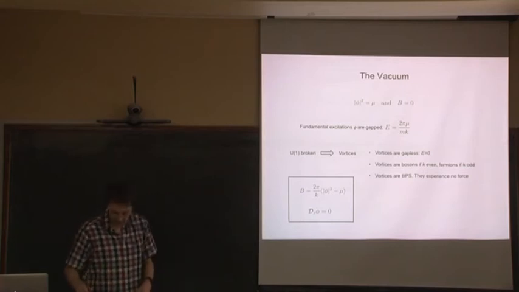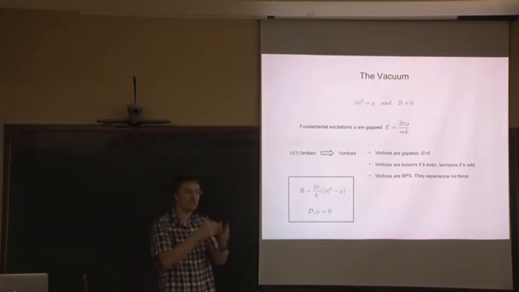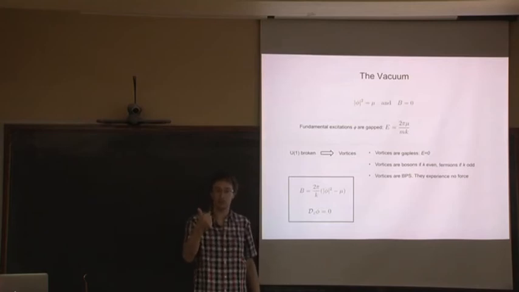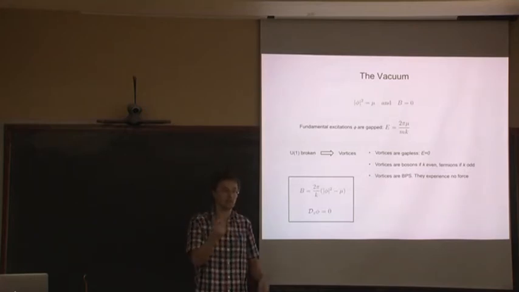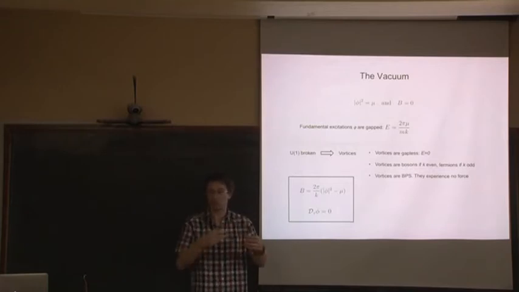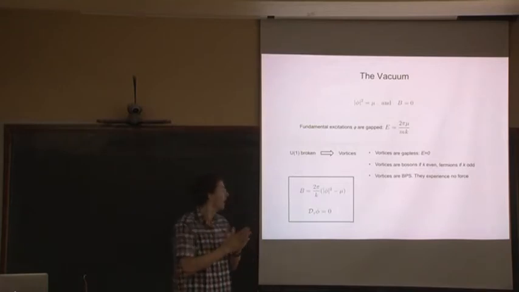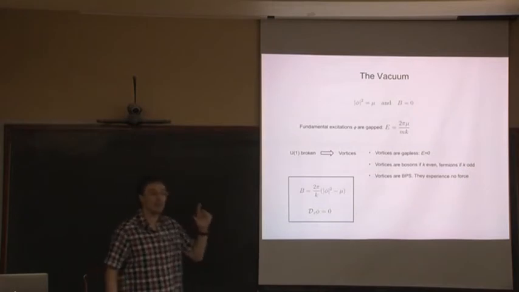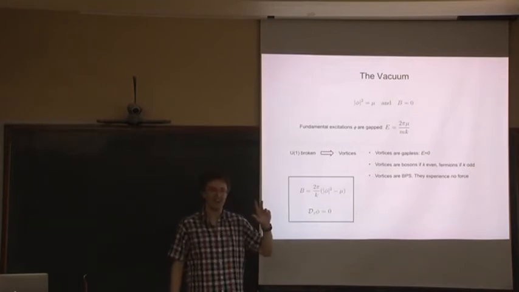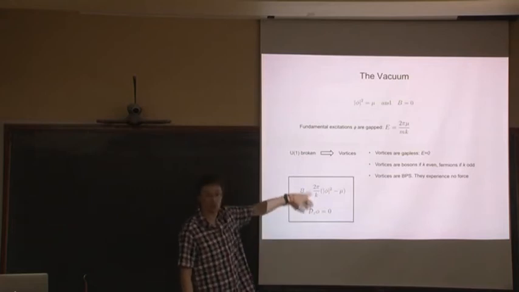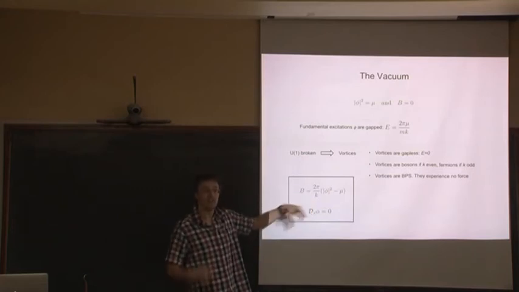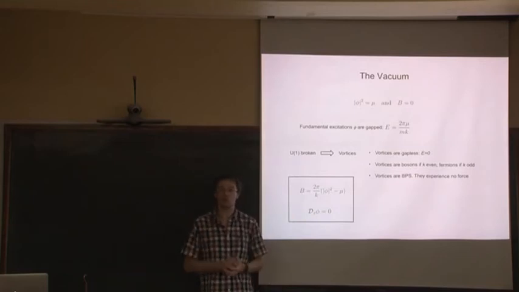Okay, so these vortices have a number of properties, which I'll just state. Firstly, they don't cost any energy at all, so they're completely gapless. Secondly, the vortices are bosons if k is even, and they're fermions if k is odd. Again, you can see that by some Aharonov-Bohm type phase. And finally, the vortices are BPS. BPS means different things to different people. One way of saying they're BPS is just that they're first-order equations of motion. Physically, the way you can think about it is there's no force between vortices.